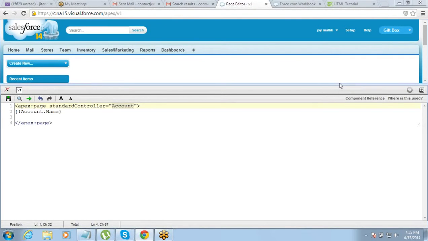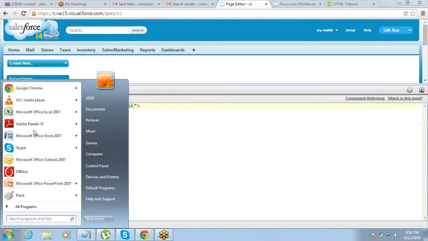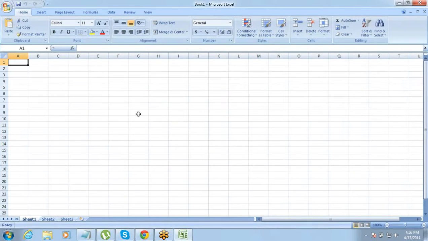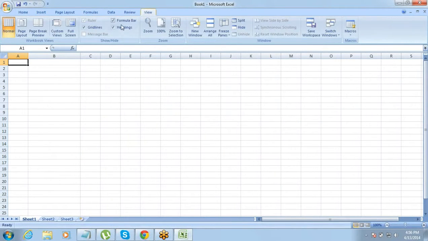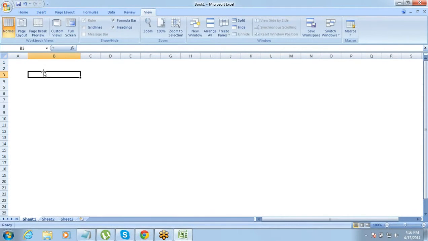Right. Okay. So first of all, let us create a very simple and basic page. I mean, we have understood how we are using a controller, right? I want you to create a simple page where it should say account name, type, industry, phone and fax.